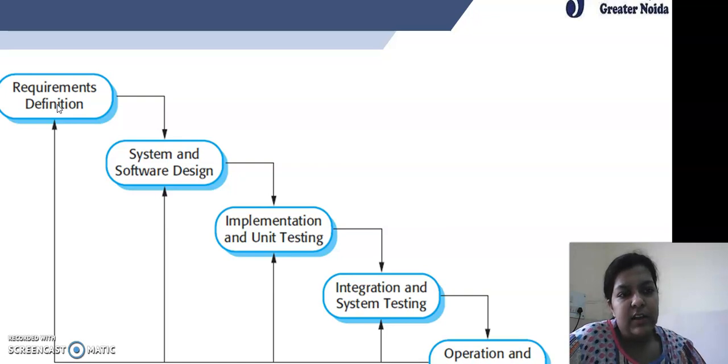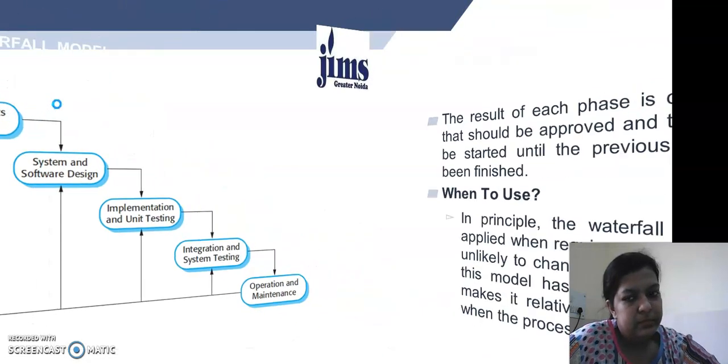So at every step, we are freezing our requirements and the output is given to the next phase. If there is a correction at any point of time, we cannot go back to the first phase and make the required changes.